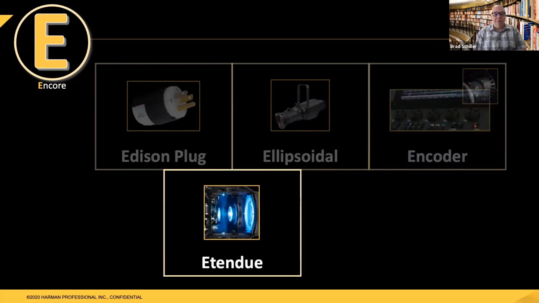Étendue, I like to talk about étendue. It's not talked about a whole lot in our industry, but étendue is a very important process in optical design. So manufacturers have optical designers that are designing the optical system of your moving light or your fixed fixture, and they always have to consider the étendue of the source. Étendue comes from a French word that means to spread.